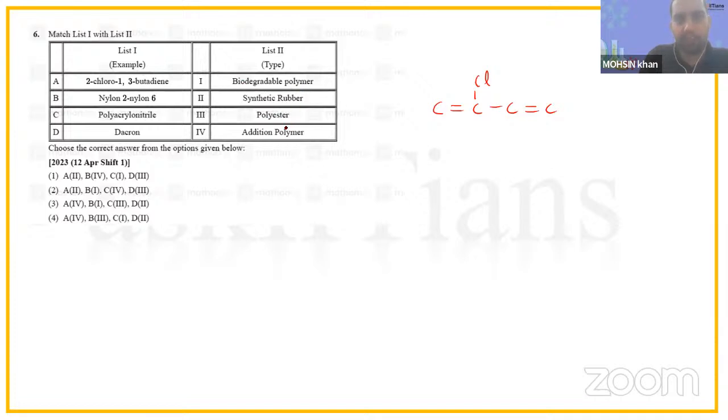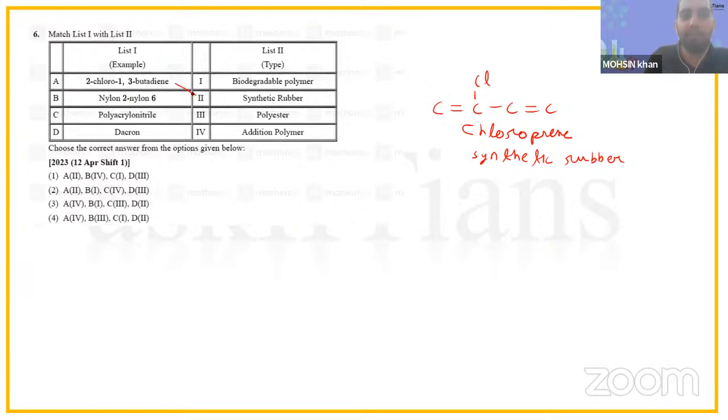Biodegradable, synthetic, polyester, or addition polymers? This is chloroprene, and chloroprene is used in the formation of synthetic rubber, neoprene,